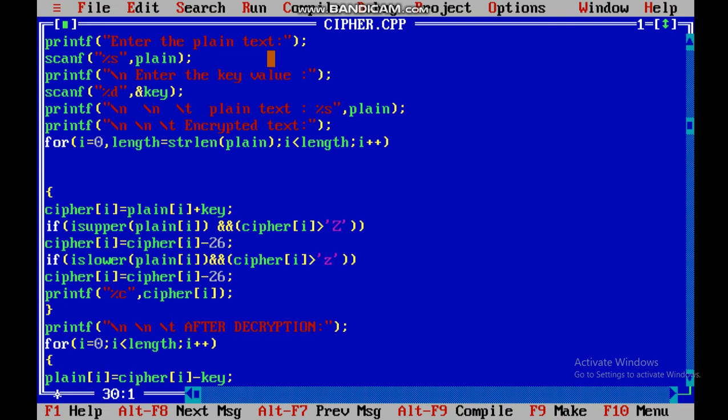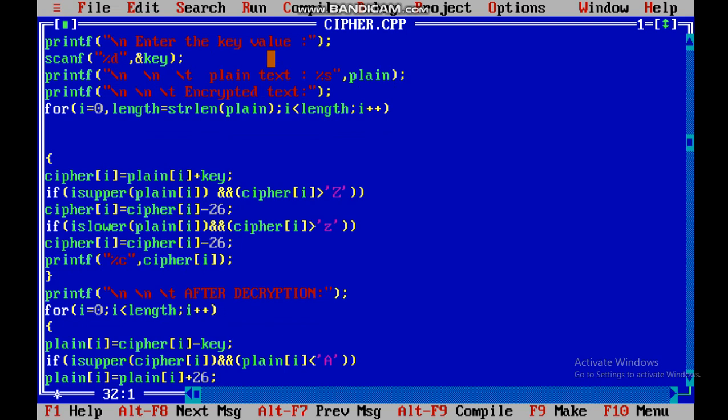In encryption we convert our original message into an encrypted message which is not understandable, and after decryption we can find our original message, which is understandable. So again we use a for loop, i equals 0 and it is less than length, and plain text is cipher text minus key.